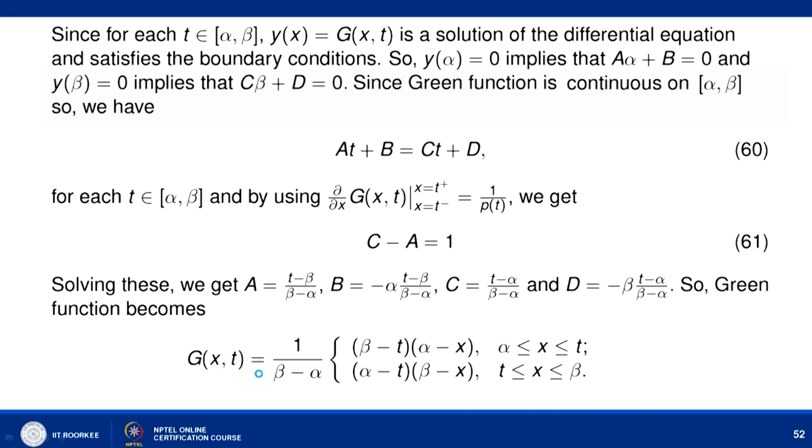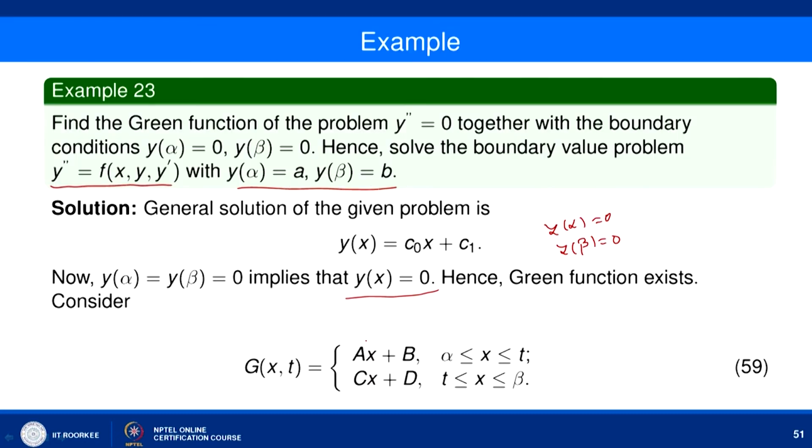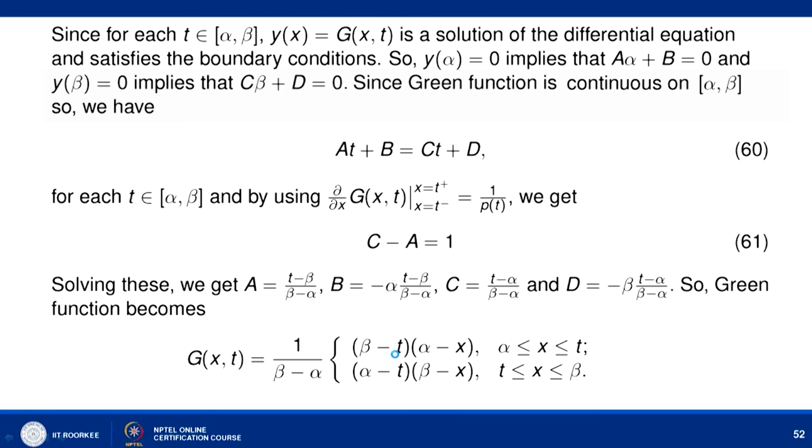Since G(x,t) satisfies the boundary condition, it means that ax plus b will be 0 at x equal to alpha. So that will give you a alpha plus b equal to 0, and y(beta) equal to 0 implies that c beta plus d equal to 0. Since the Green's function is continuous, we have one more condition, that at plus b equals ct plus d, and using the jump